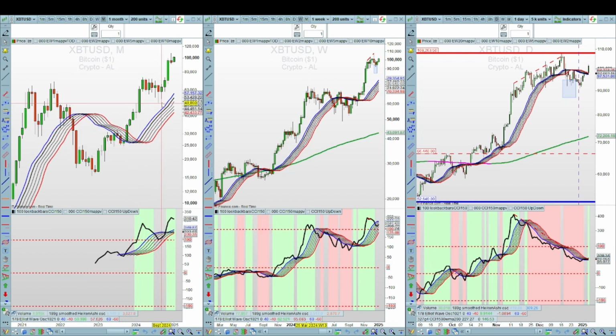But basically on the monthly, we're above the moving averages on a longer term, and likewise on the CCI 150. But notice the CCI 150 moving averages are really constricting, and we've got a bit of a pullback slightly this month so far. On the weekly, it's also bullish on the price, but notice the CCI is broken into that